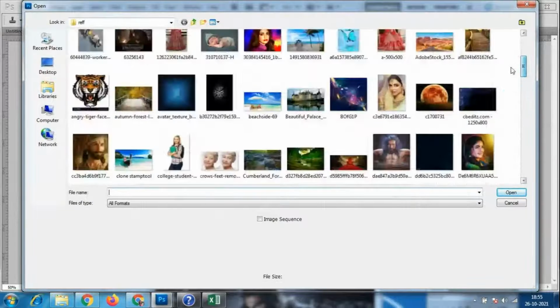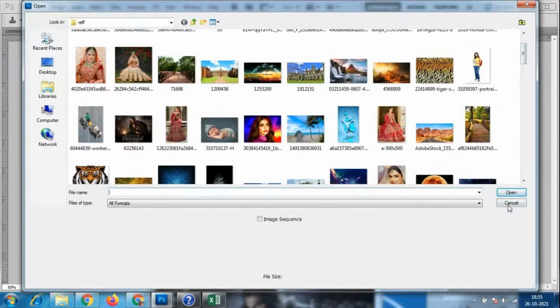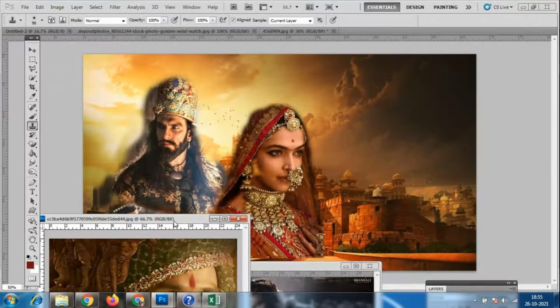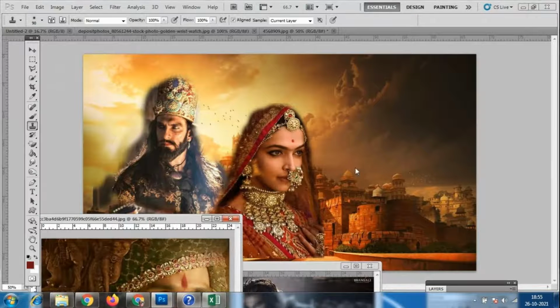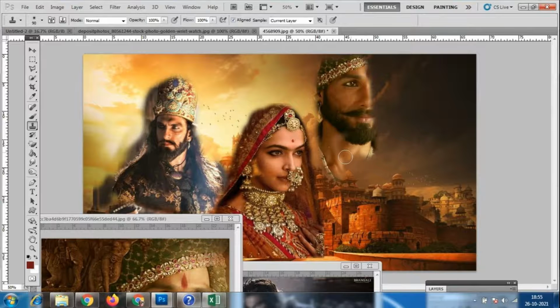Yeah, I don't have any other image. Yeah, I have this image. So let me paste. I'll start from here. Like this, I'll paste it. So only with left click, I'm brushing the thing. Using left click, I'm brushing.